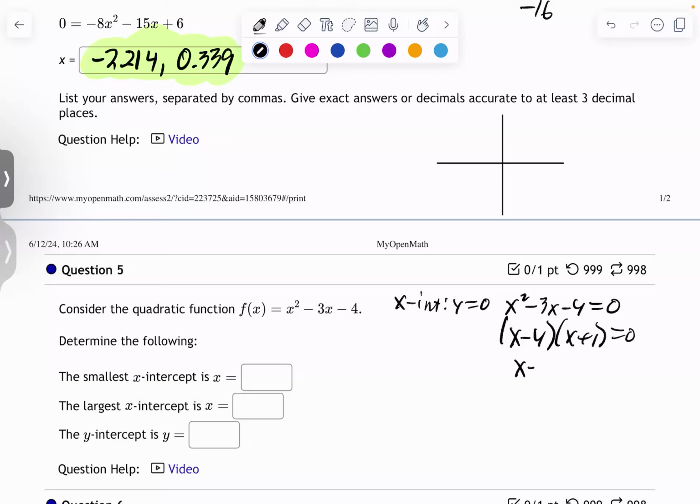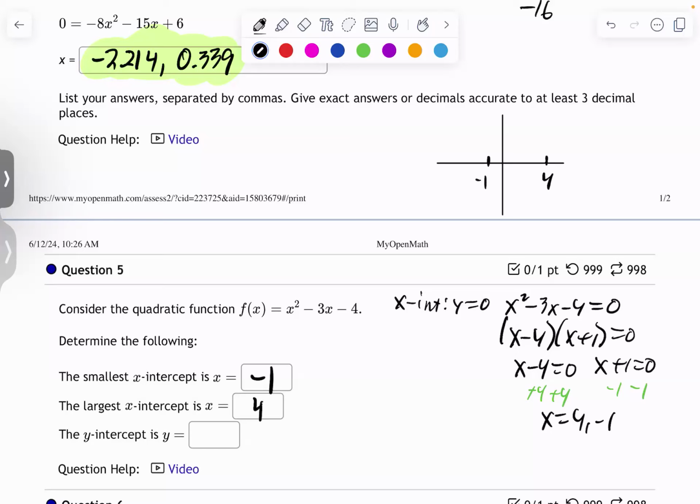So we're going to get x minus 4 equals 0, x plus 1 equals 0. So they want the smallest x-intercept, and that is going to be the -1, and the largest is the 4. So let's put that on our graph. So we have -1 here, we have 4 here,